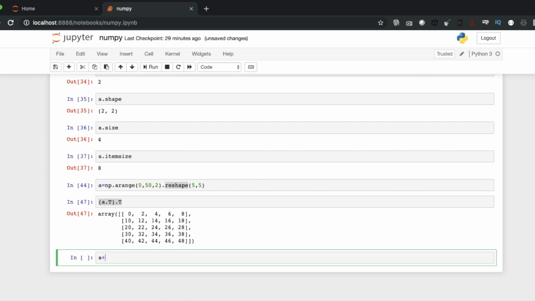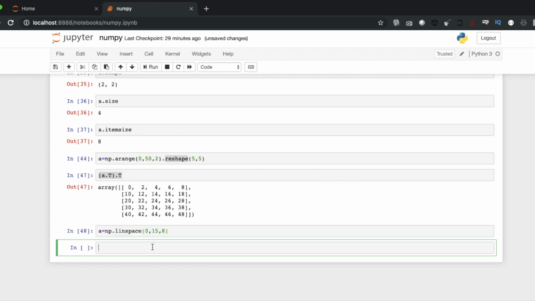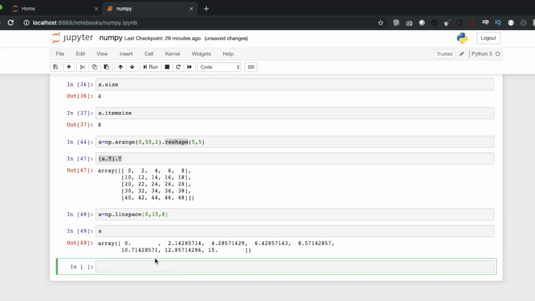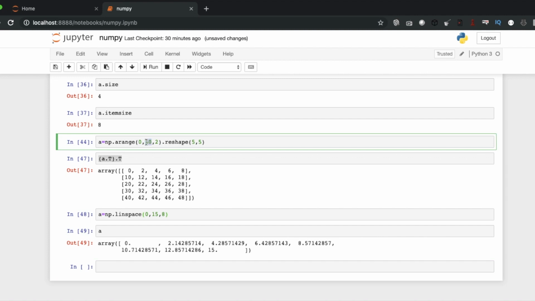So let's create another NumPy array using np.linspace, and here it will be 0 to 15, and I need equidistant 8 points. If you see, in arange we are just giving until which point our data should go, and the difference between each data point.